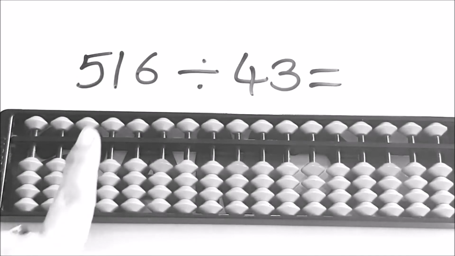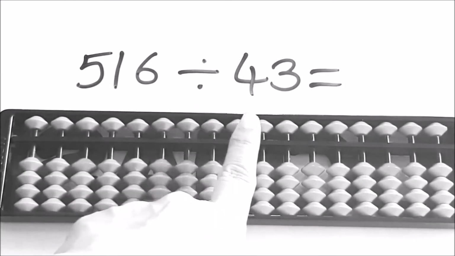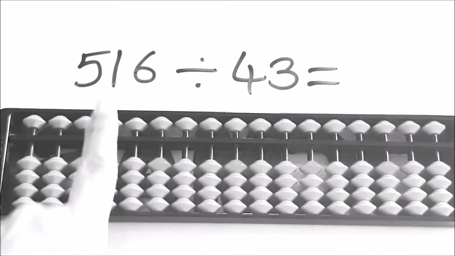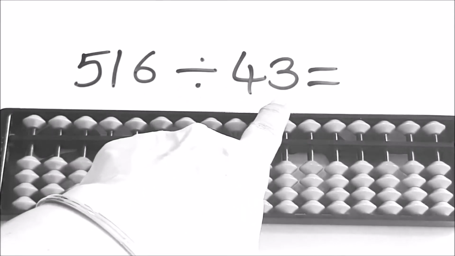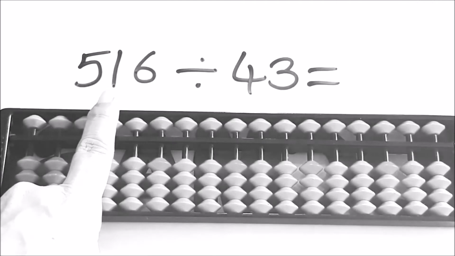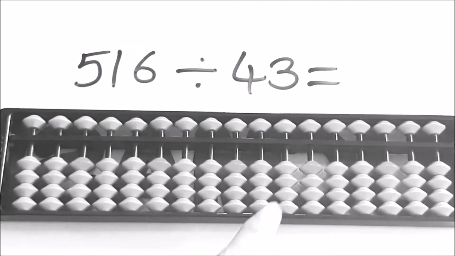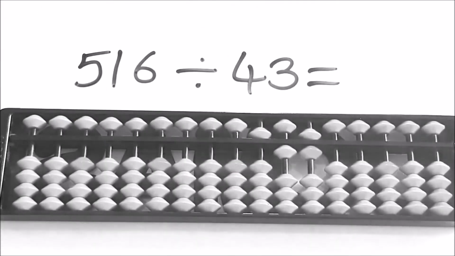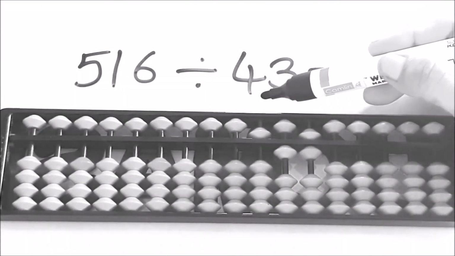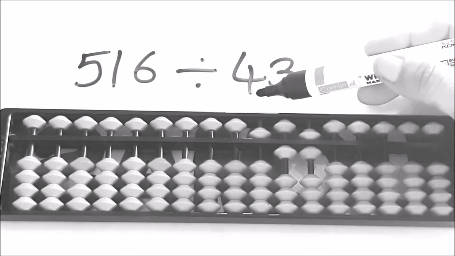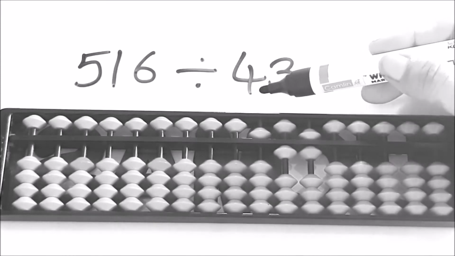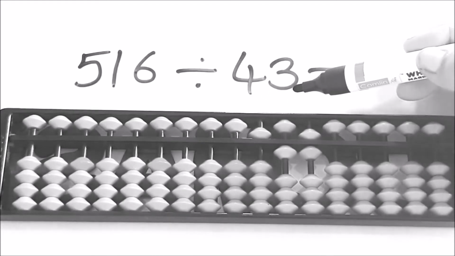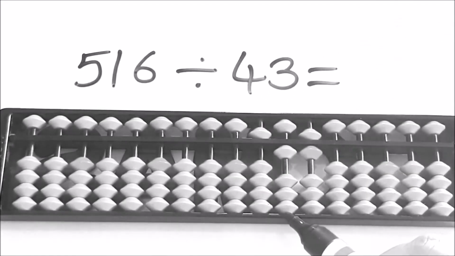We'll take this next sum, 516 divided by 43. So first step, 3 minus 3 and the answer is 0. So we have to place the dividend from the 0 number rod, 5, 1, 6. Now we'll consider the first digit, that is 4. So in the table of 4 we don't have 5, but we have a close number, 4 ones are 4. So 43 ones are 43, we can use it.